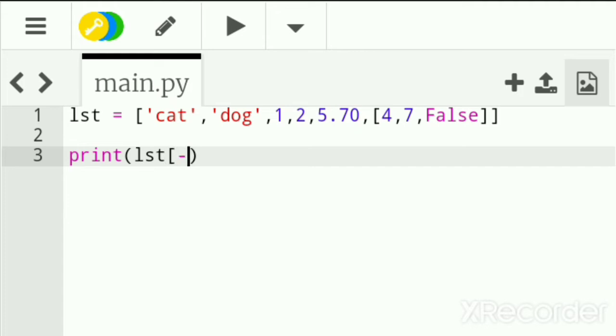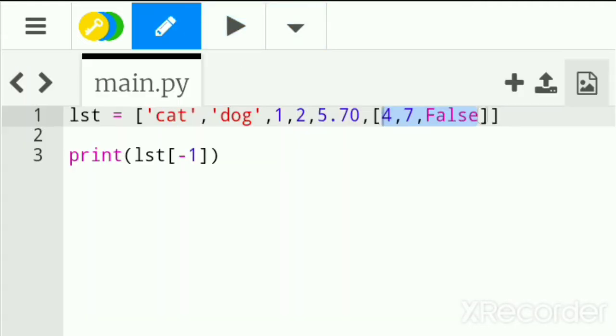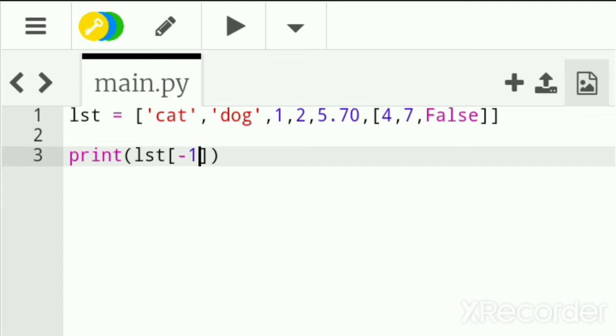In Python, we also have what we call negative indexation. For example, if we put here -1, perhaps we will say that it is not possible. That makes no sense. But in Python, that is possible. What does -1 mean? It means the last element, which is this little list. So if we print it, we will have it here. And the -2, of course, will be